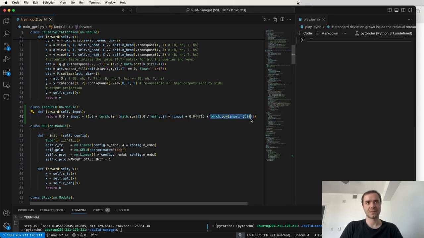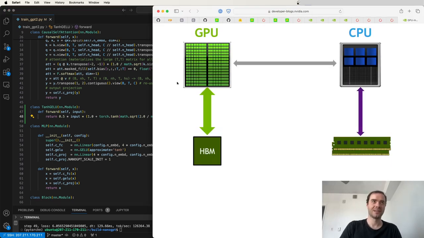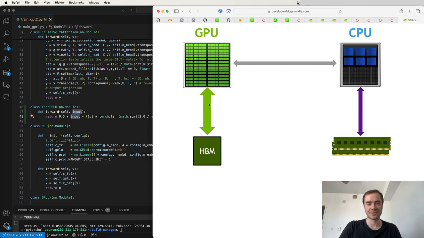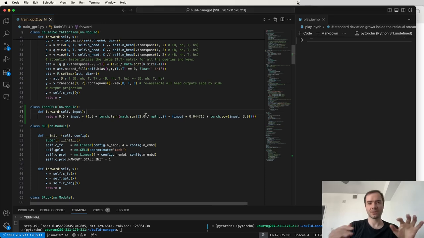And now right after we do that, we multiply by this constant. So what happens then is we dispatch another kernel, and then the result travels back, all the elements get multiplied by a constant, and then the results travel back to the memory. And then we take the result and we add back input. And so this entire thing again travels to the GPU, adds the inputs, and gets written back. So we're making all these round trips from the memory to actually where the computation happens, because all the tensor cores and the ALUs and everything like that is all stored on the chip in the GPU. So we're doing a ton of round trips,